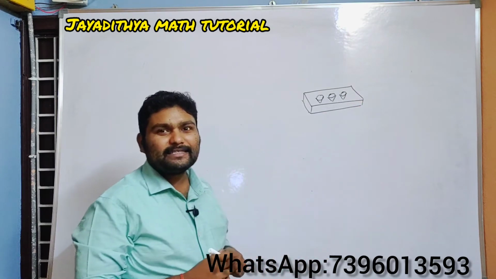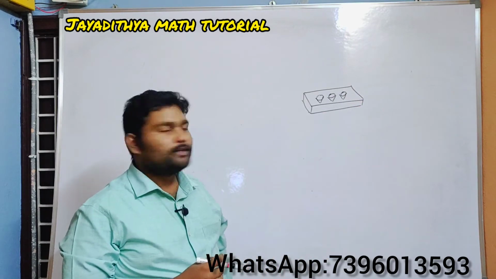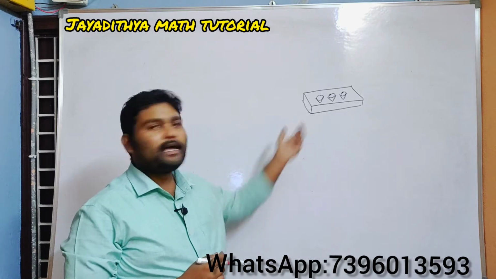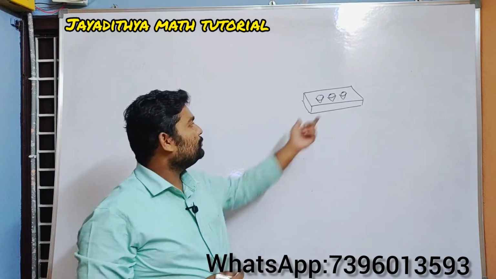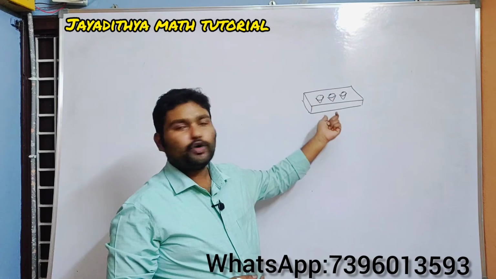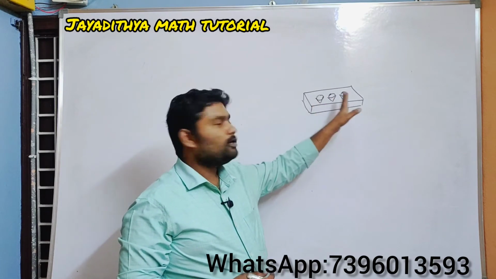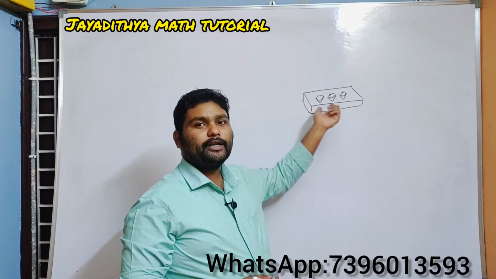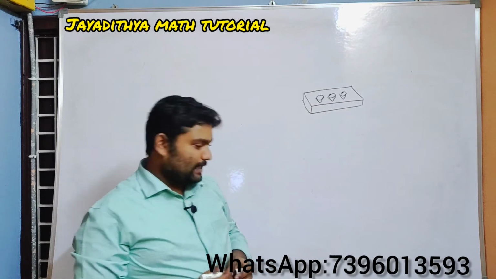So after cutting these 3 conical portions, what is the remaining solid? What is the remaining wood in the cuboid? That is our question. That is very simple now. Find the volume of the cuboid, find the volume of 1 cone and multiply by 3. So you will get the volume of 3 cones. From the volume of the cuboid, you subtract the volume of the cones, then you will get the answer.